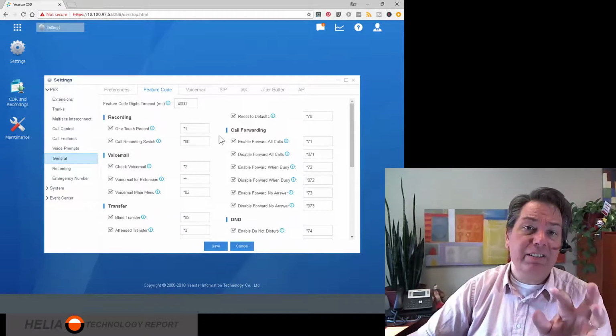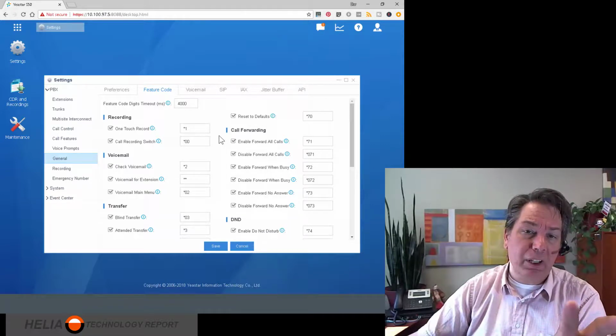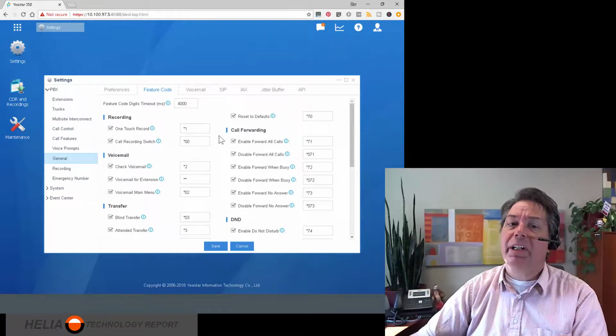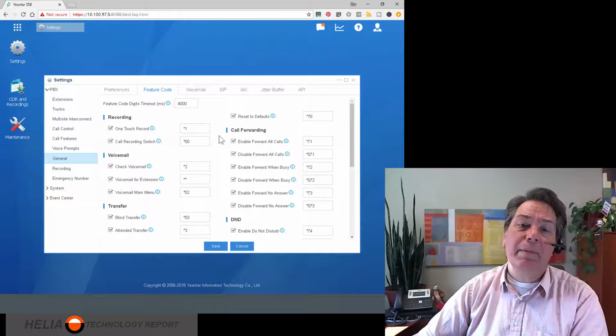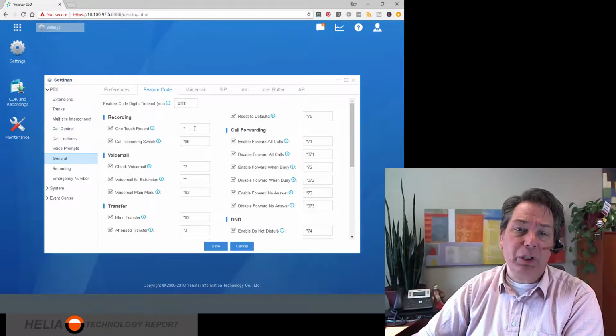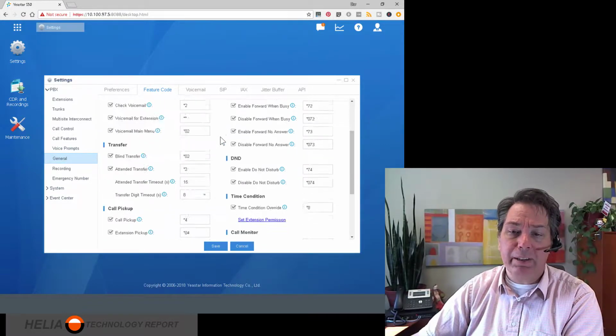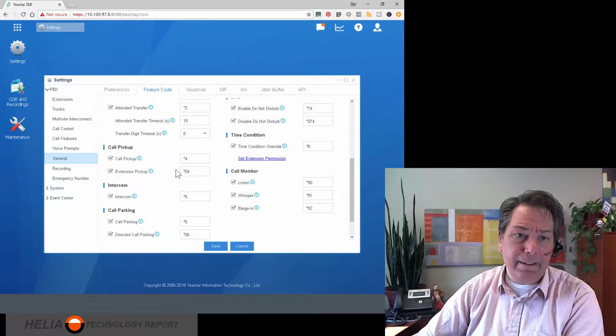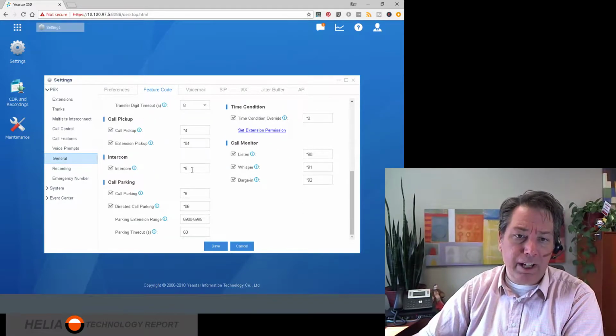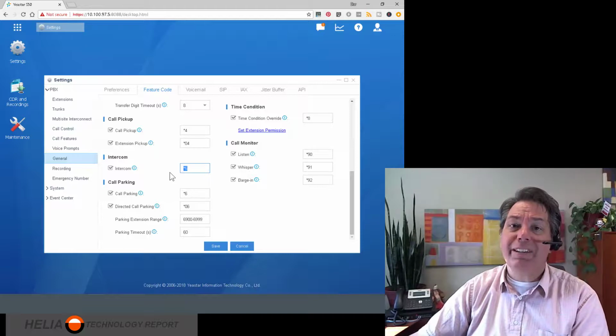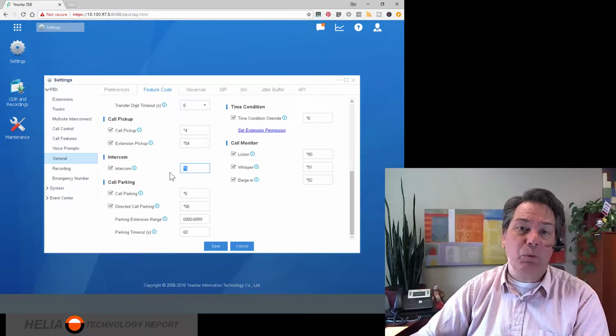The benefit here is to use them as buttons. You can put a list of these in front of a user, but they're probably going to get confused. But we can program these as buttons. So some of these feature codes, like star 1, we're just going to create a button. Other ones, like intercom, here's a star 5. So with star 5, if we wanted to dial extension 1001, we would put a speed dial in here at